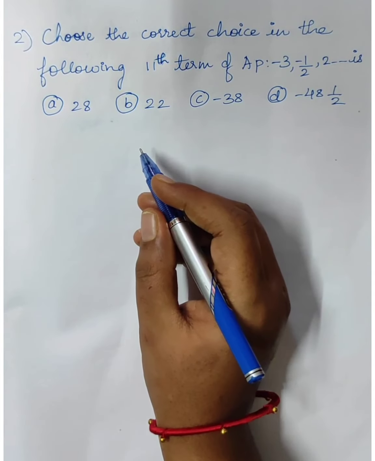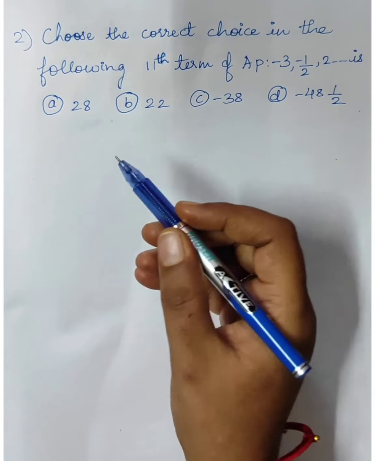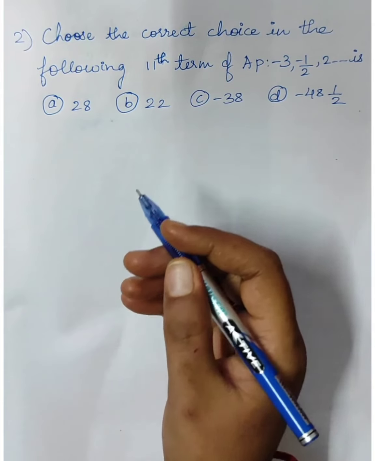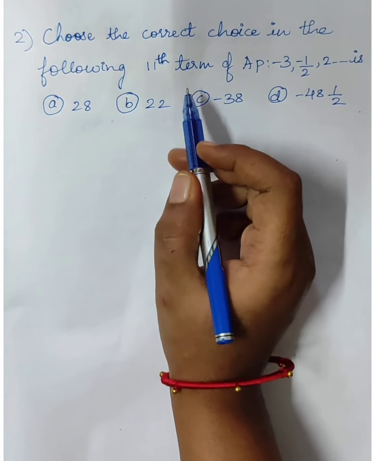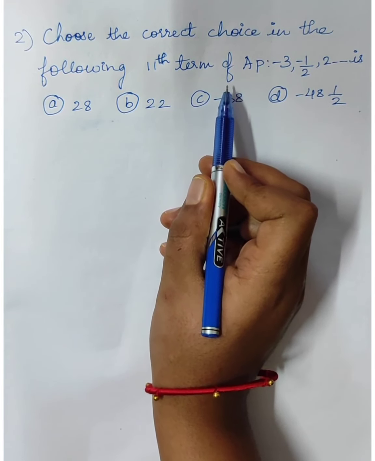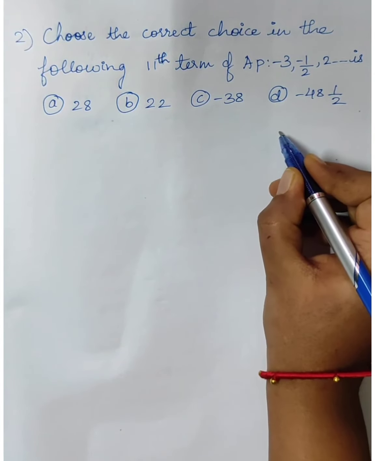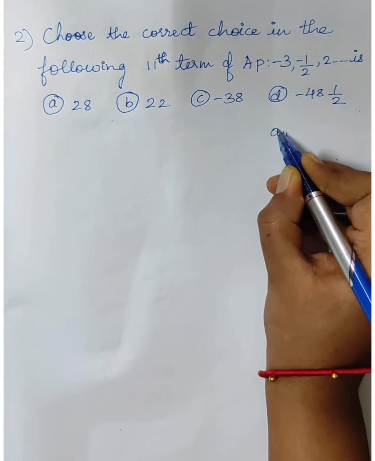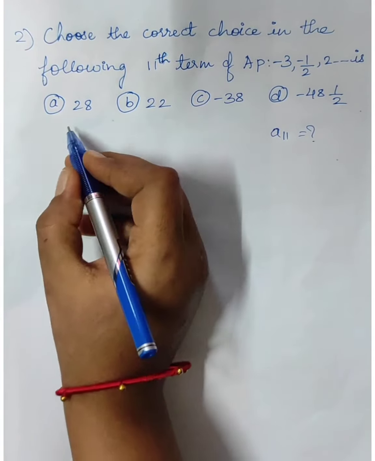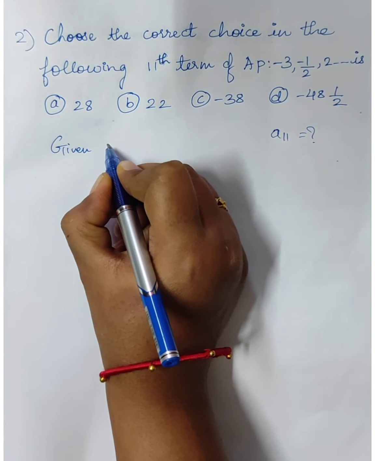Method is also same. Okay, but first of all we need to write what the given things are. Before applying the formula, we need to write the given things, and what all things we need to find, I'll just tell you. Okay, now we need to find the 11th term of AP. Okay, from this, which is the 11th term of AP. Now finding is what we need to find. A11 is how much? Okay, now let me write the given things. Solution: given is what? A is what?